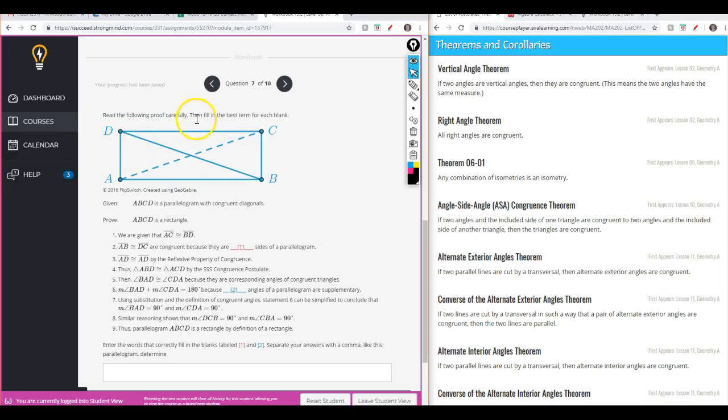Alright, read the following proof carefully, then fill in the best term for each blank. Given that quadrilateral ABCD is a parallelogram with congruent diagonals, prove that ABCD is a rectangle. Alright, we are given that segment AC is congruent to segment BD,